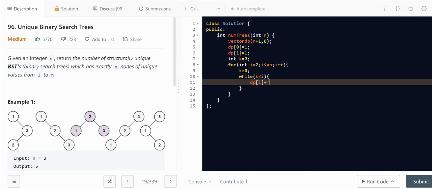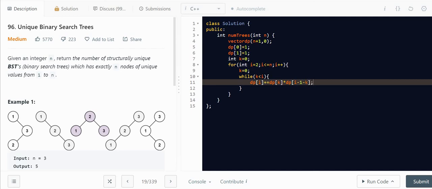So here comes the logic of the Catalan number, because DP of i will be DP of k, incrementing the k. So one is incrementing and another is decrementing, so DP of i minus 1 minus k.